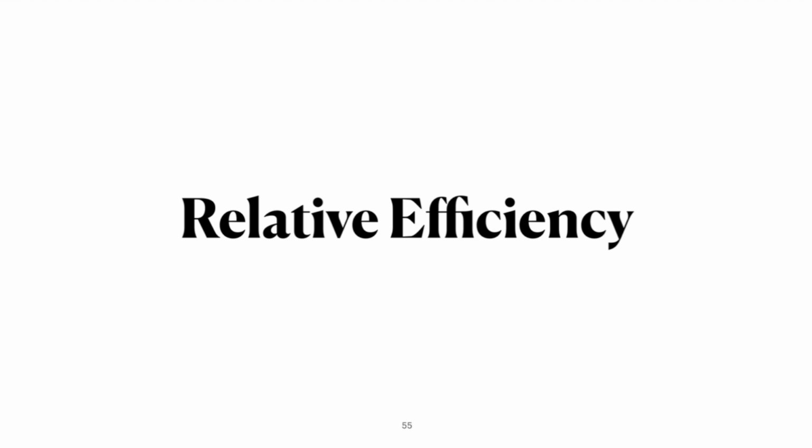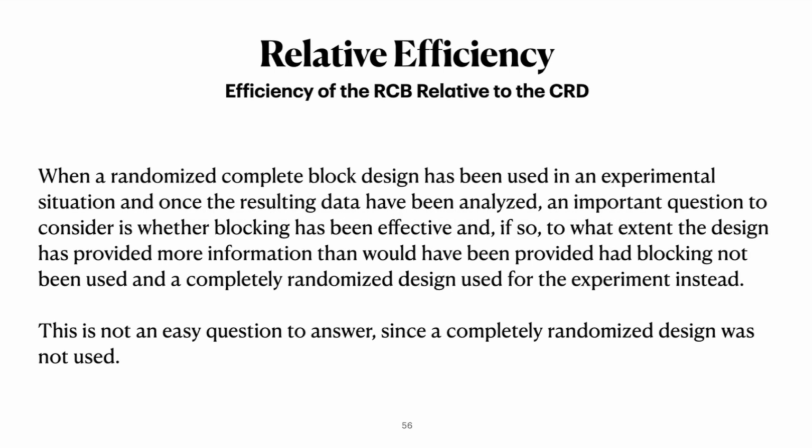Now, the next topic we'll look at in the context of the randomized complete block design is relative efficiency. When a randomized complete block design has been used in an experimental situation, and once the resulting data have been analyzed, an important question to consider is whether blocking has been effective, and if so, to what extent the design has provided more information than would have been provided had blocking not been used and a completely randomized design used